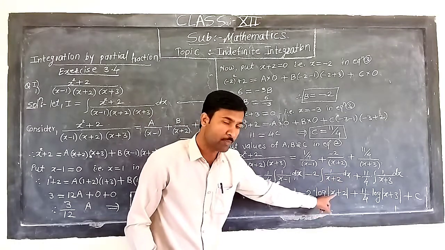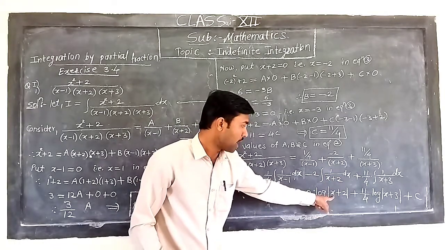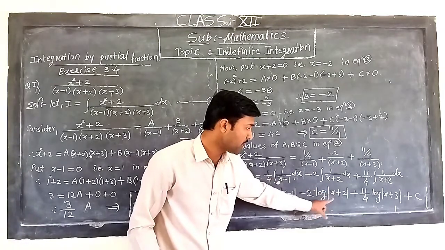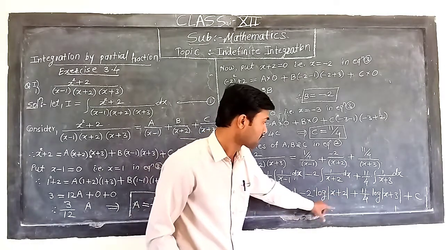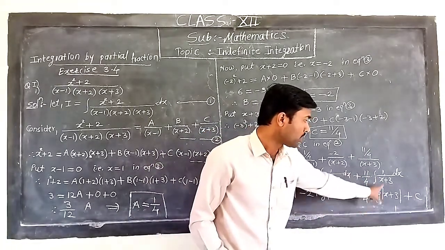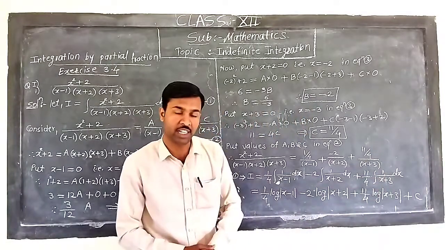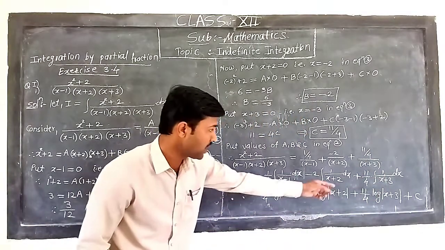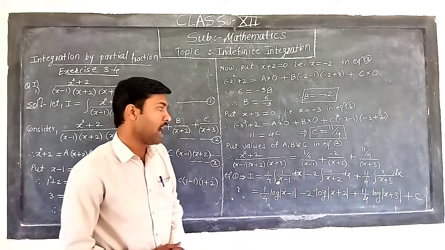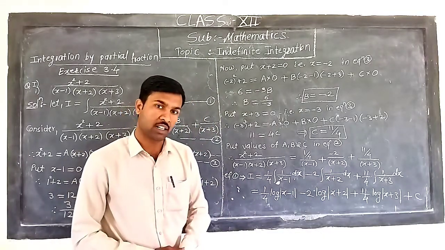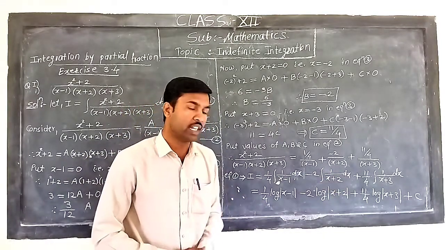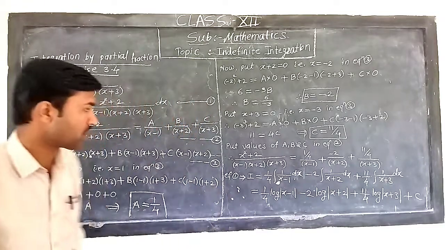It is log of mod of f of x, and after taking its derivative in the denominator, it is 1 plus 0, which means 1, plus 11 upon 4 into the same term, integration of 1 upon x dx. It is log of mod of f of x, that is log of mod of x plus 3. And as all our integration terms are completed, there is an integration constant plus c in addition.